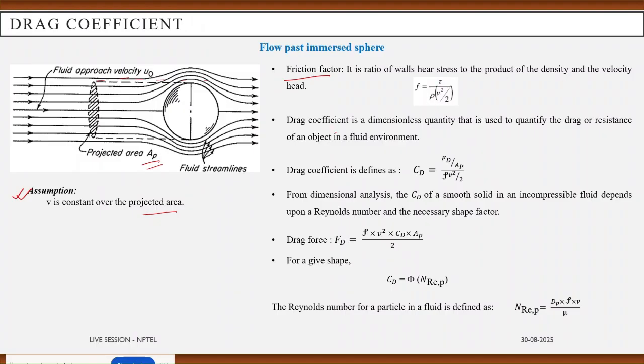Similarly, drag coefficient is also a dimensionless quantity which is used to quantify the drag or resistance of an object in a fluid environment. Drag coefficient is denoted by CD, which equals FD by AP, where FD is the drag force divided by AP, the projected area, and rho V square by 2,